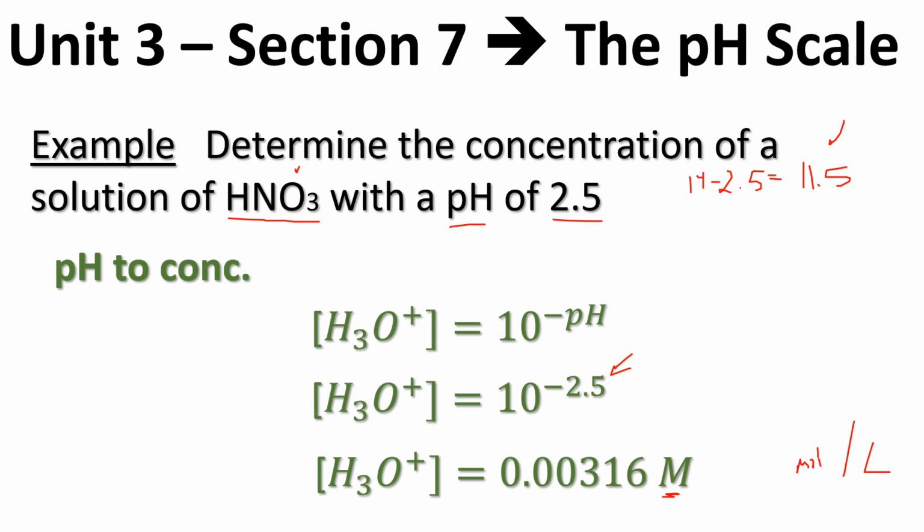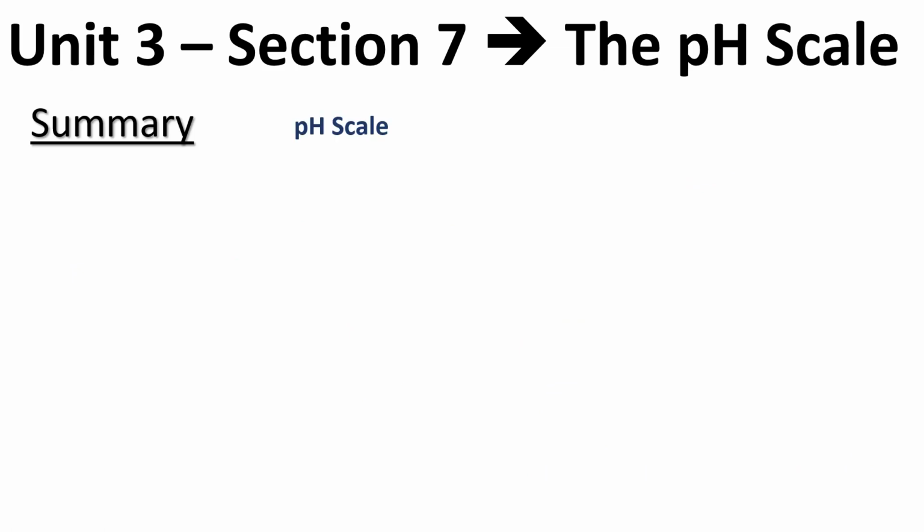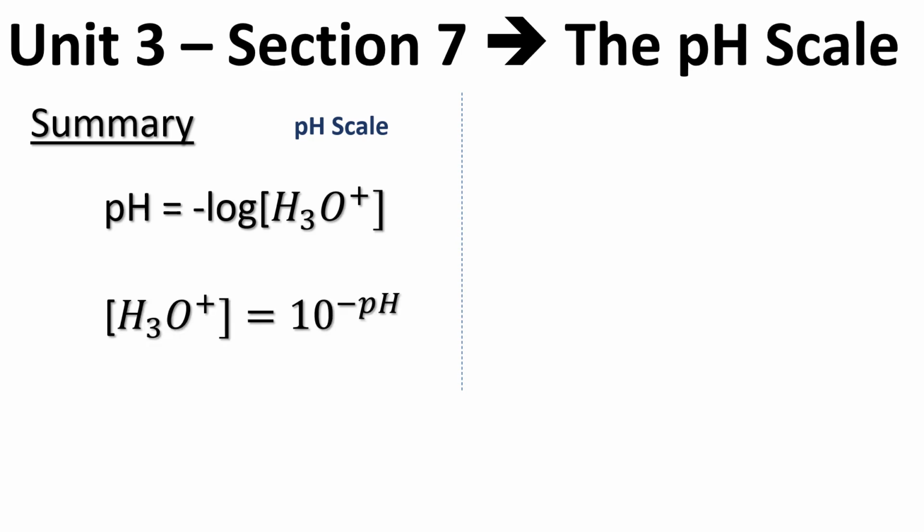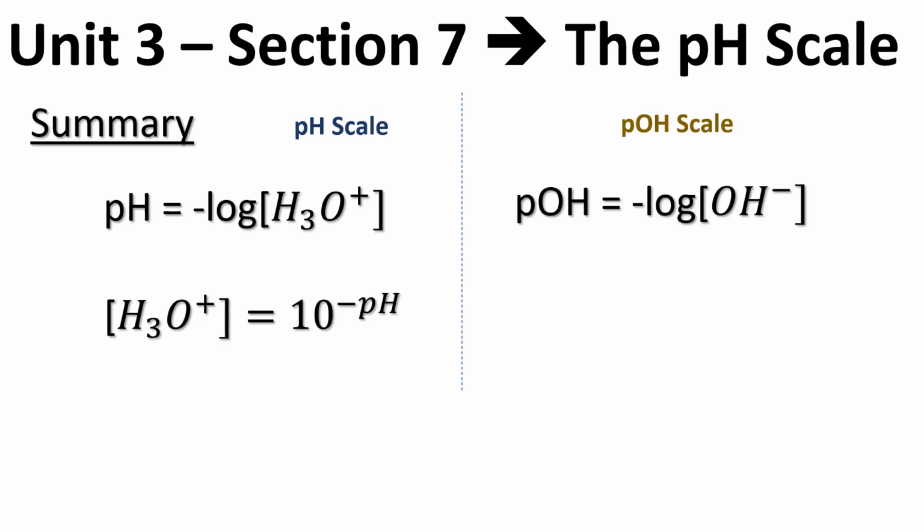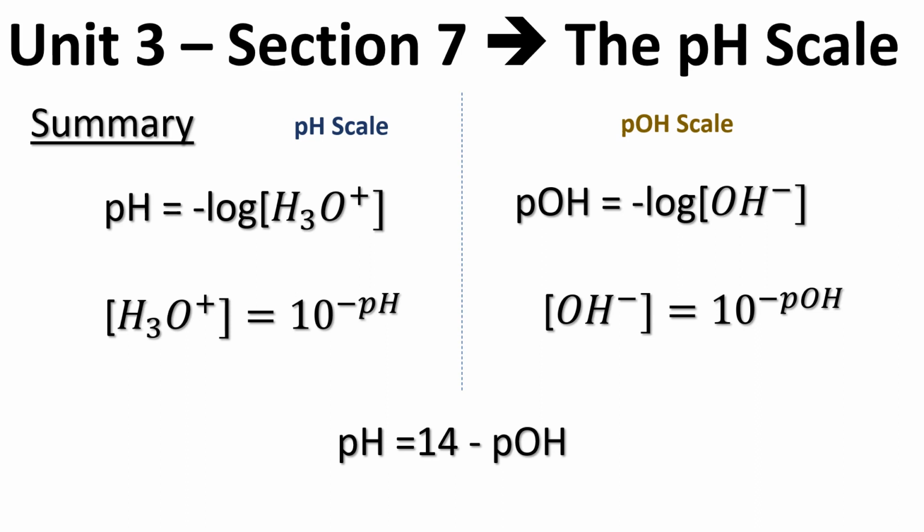Let's look at a summary here. So summary, if you're talking about the pH scale, you're going to be using the pH formula here with the negative log, or the reverse of this is the 10 to the negative pH. If we're talking about something on the pOH, what you're doing is you are taking the negative log of the base, the hydroxide. And actually, I didn't talk about this formula, but it's exactly the same. And we tie these two formulas together using this one at the bottom here